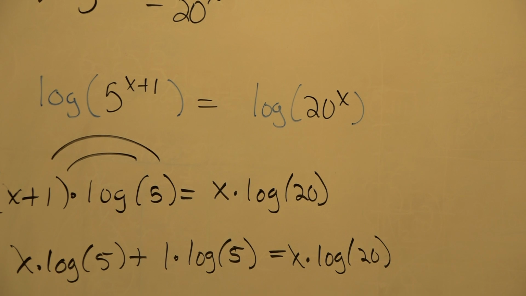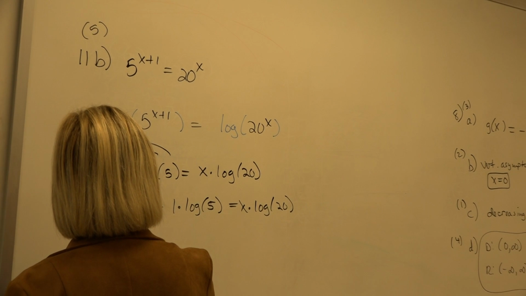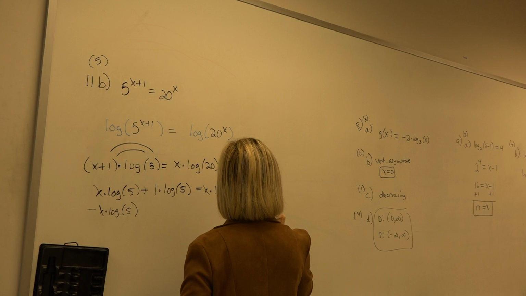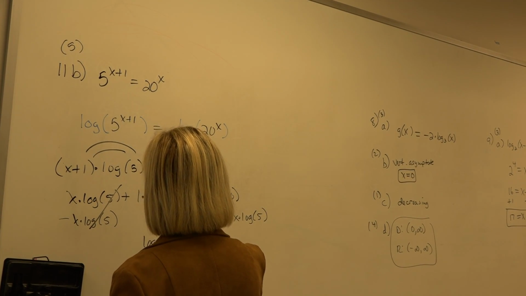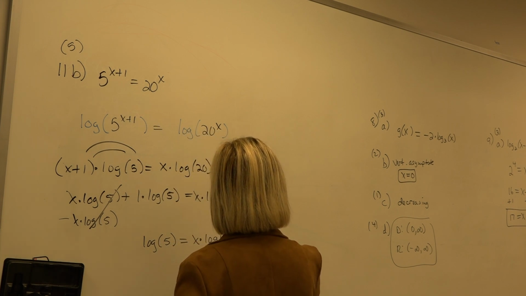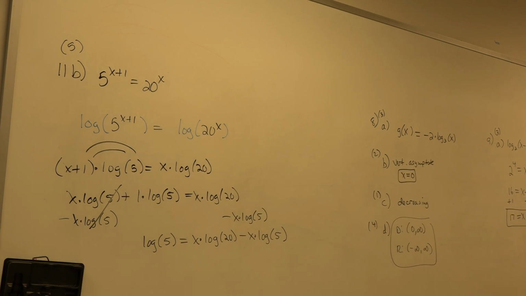So we're going to subtract x times the log of 5, so all the x's are on the same side. So I've got log of 5, I don't really need the 1, equals x times the log of 20 minus x times the log of 5. So that all the x's are on the same side. We also, when we're solving for x, would only like one x to appear in the equation, so we're going to